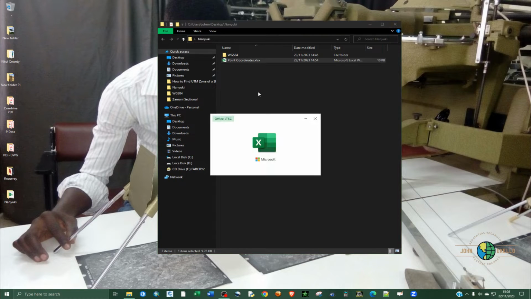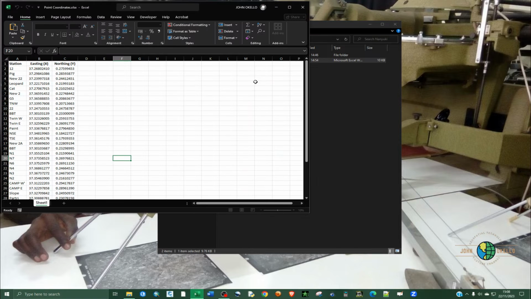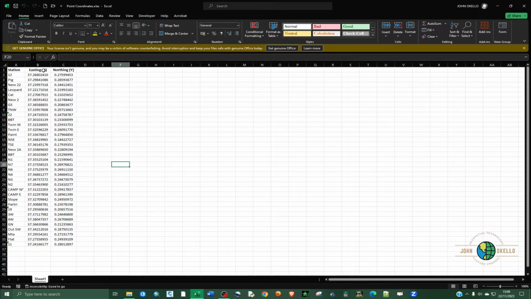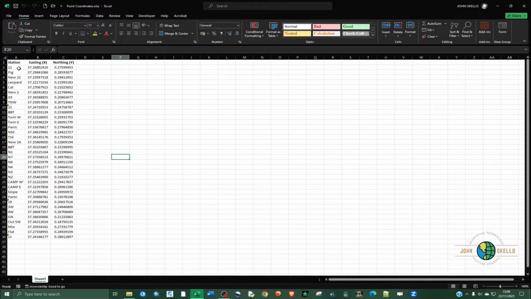So I have this Excel sheet that contains the station of the point, and then also the same station contains the easting and the northing values. So the Google Earth Pro is going to use these easting and northing values to plot the points of these stations. And before we can think of importing the data into Google Earth Pro, we first of